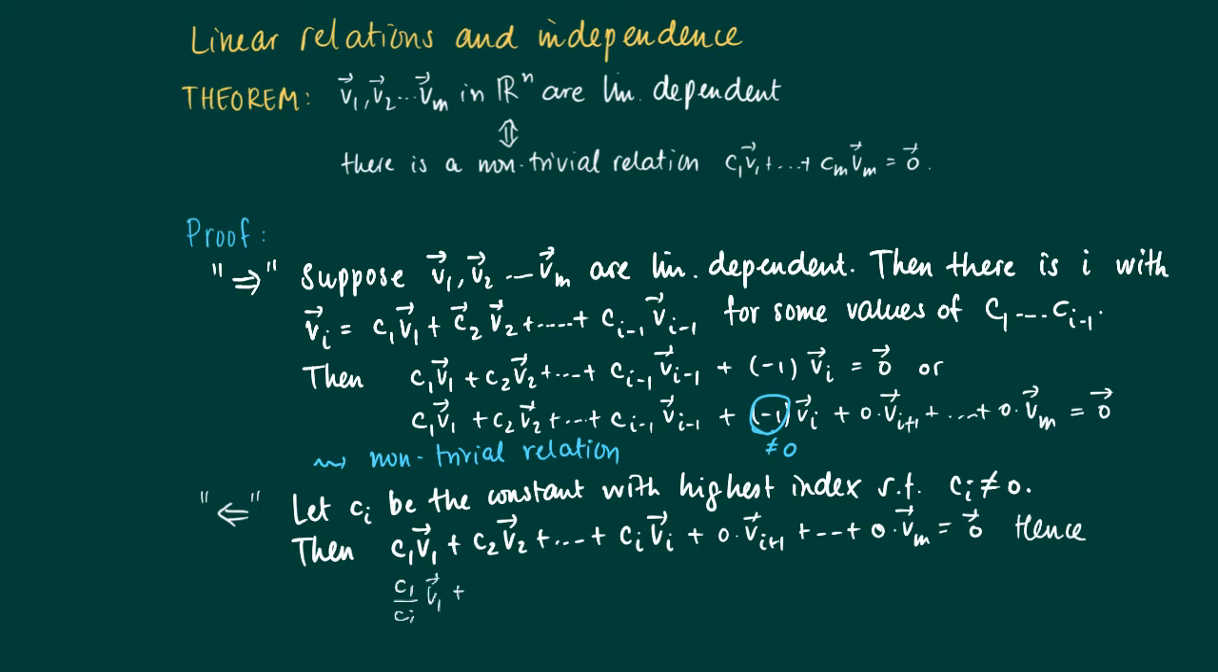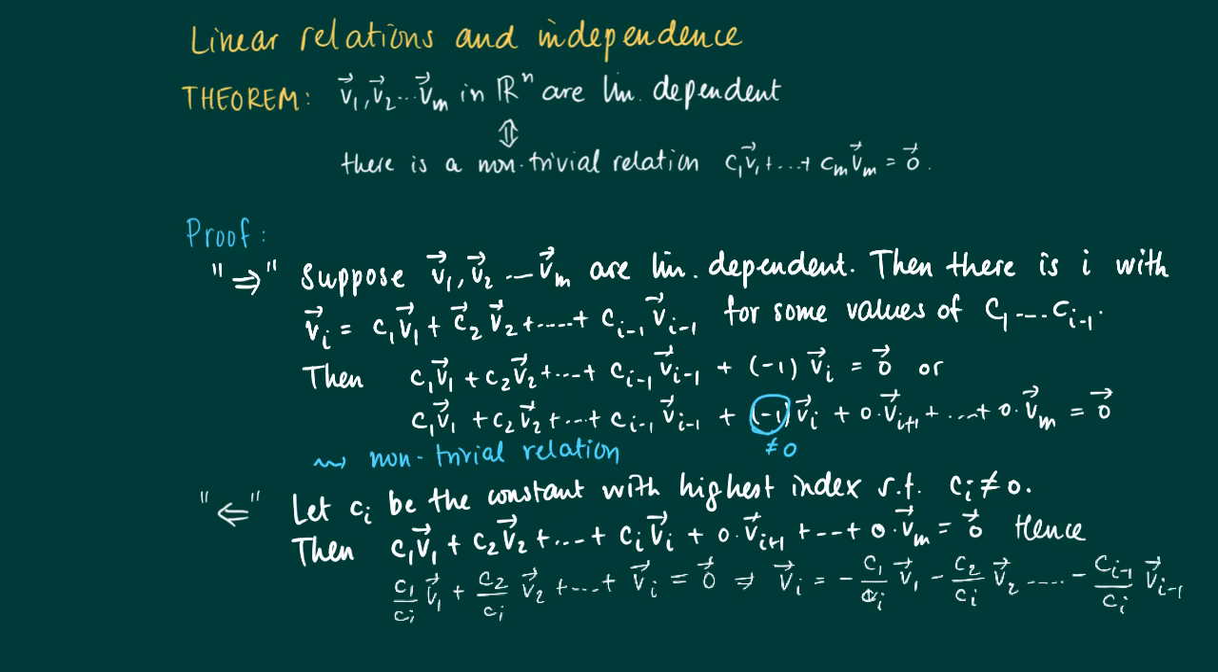Now divide all constants, all scalars, by ci. Ci is non-zero, so we can divide by ci. Then we obtain the following expression: basically cj divided by ci, and the scalar for vi is now the 1. So vi, if we put the other terms on the other side of the equation, we get vi equaling minus c1 divided by ci v1 minus c2 divided by ci v2, etc. minus ci minus 1 divided by ci